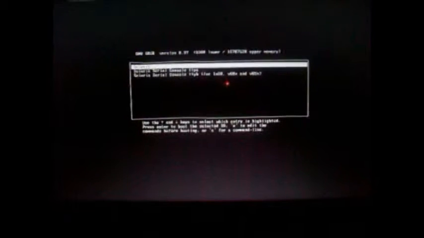Then I think click Solaris. After you click Solaris, it takes a few minutes to install something.